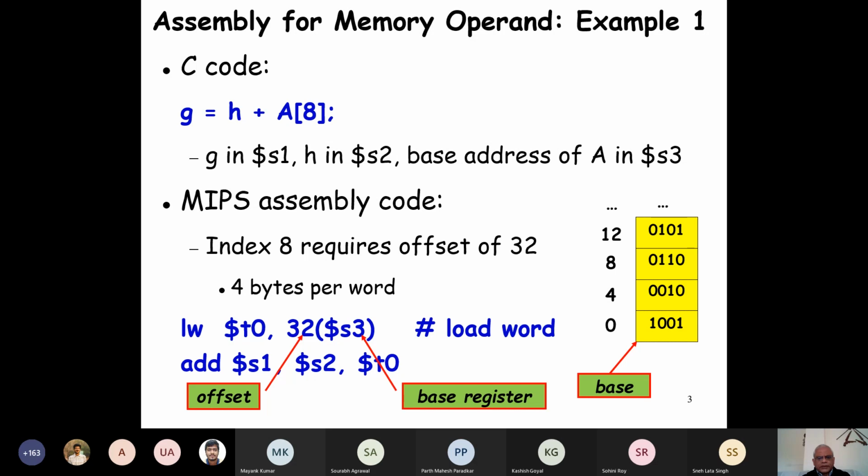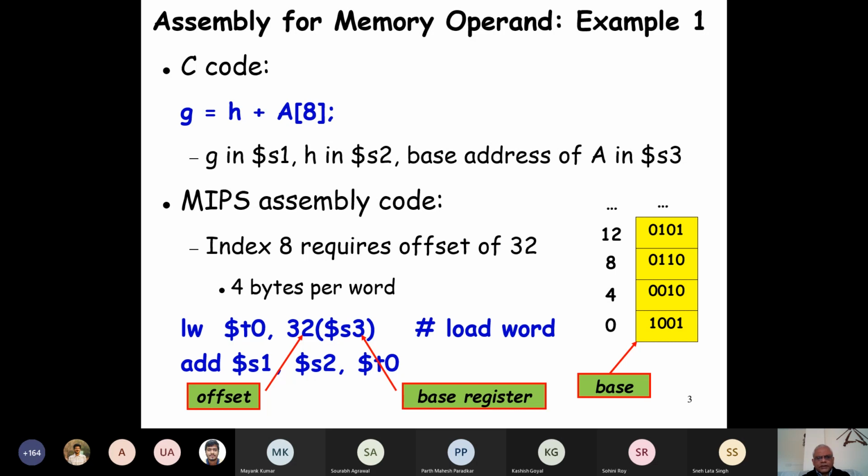And then we were in the last class discussing programming, where we wanted to write small programs. And one thing that we need to look out for is when there are memory operands. Because memory operands, we have to first get them into a register and then operate on them.